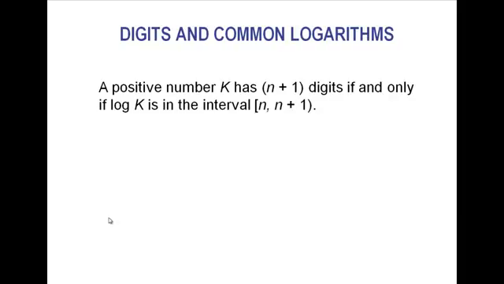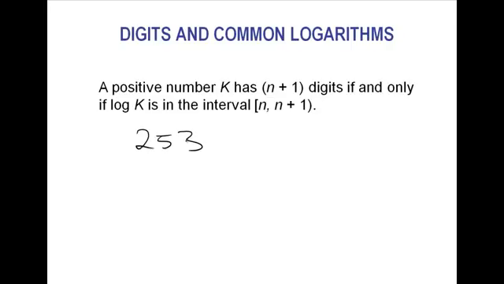Okay, common logs and dealing with digits. A positive number k has n plus 1 digits if and only if log of k is in the interval n to n plus 1. It's just an interesting pattern that mathematicians have discovered that allows us to deal with certain things. Don't worry about it. Doesn't come up too much, but just so you know that if you have a positive number k, it has n plus 1 digits, meaning the number